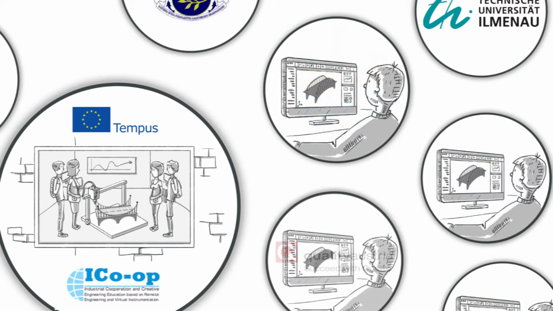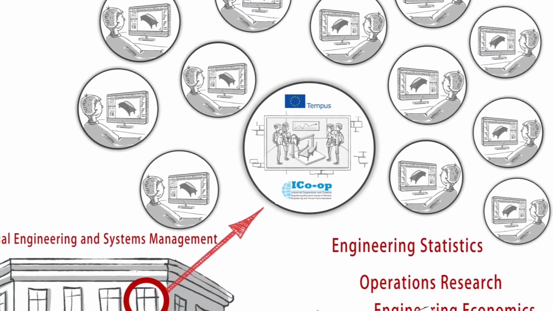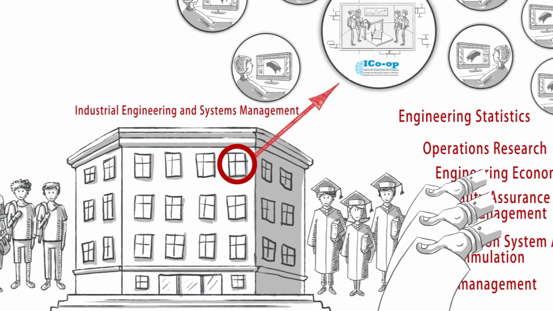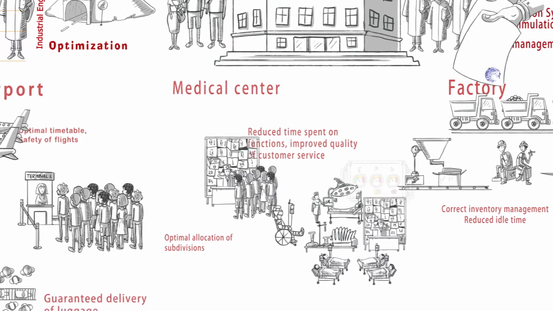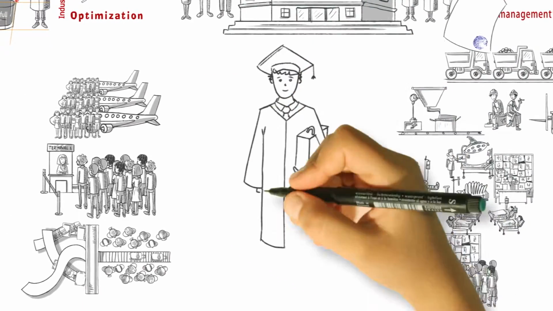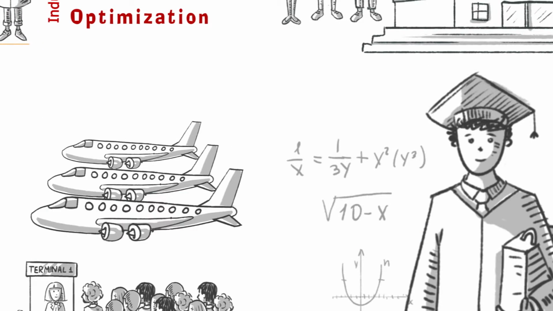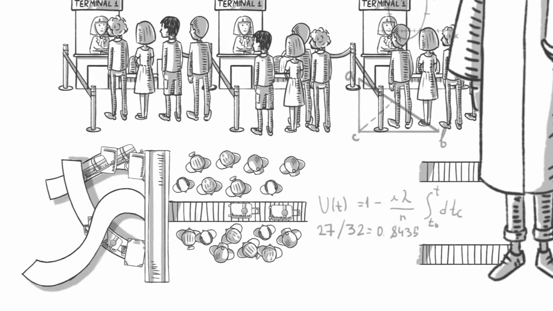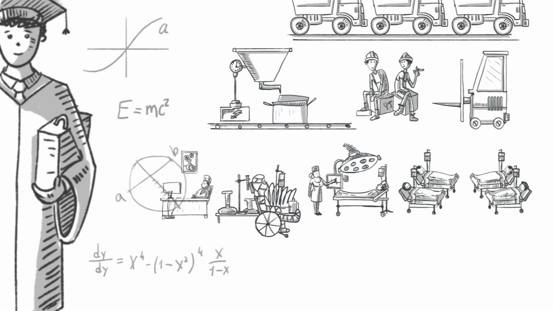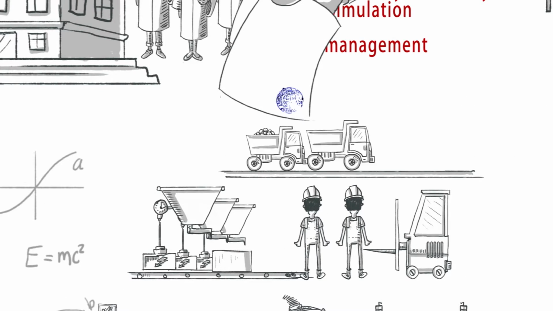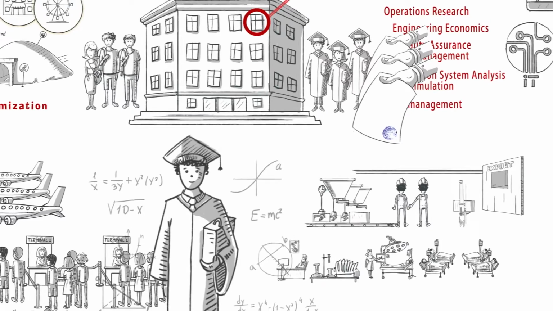The first pilot projects have already been conducted with engineers from different companies and students from the College of Science and Engineering. In this sense, the goals of the European project are harmonious with the mission of the Industrial Engineering and Systems Management program of the American University of Armenia, to provide necessary engineering knowledge and prepare human resources to apply that knowledge in optimal management of diverse systems. The mission of the Industrial Engineering and Systems Management program of the American University of Armenia is to provide necessary engineering knowledge and prepare human resources to apply that knowledge in optimal management of diverse systems.